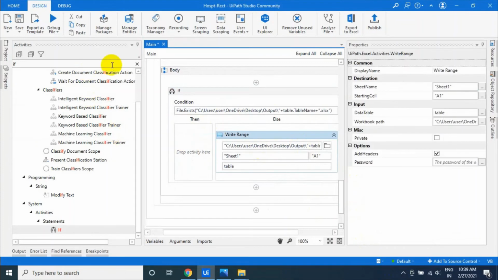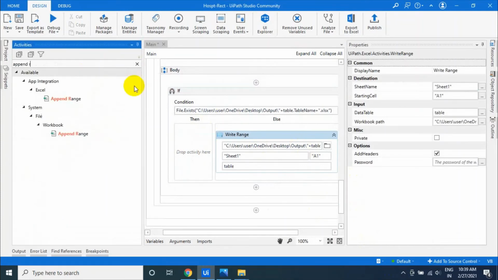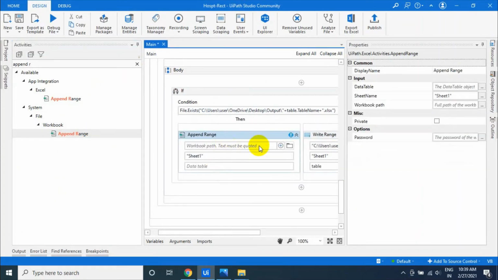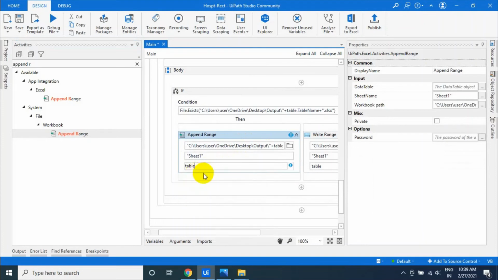If the file does not exist, it has to create. So just drag the append range here and paste the path and table. What it will do is, if the file exists, it will append, otherwise it will create.